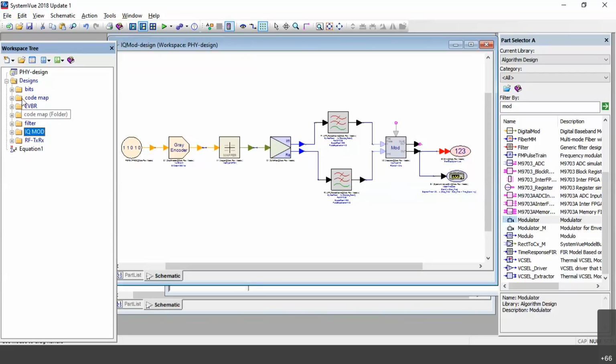Now, what we did: we studied how to create bits, how to map, how to create a filter, and how to analyze the modulation techniques. You can design or take any different modulation technique. It is not fixed. You can take QAM, QPSK, BPSK, PSK, with any different range, either 16 or 8, depending upon the power of 2.